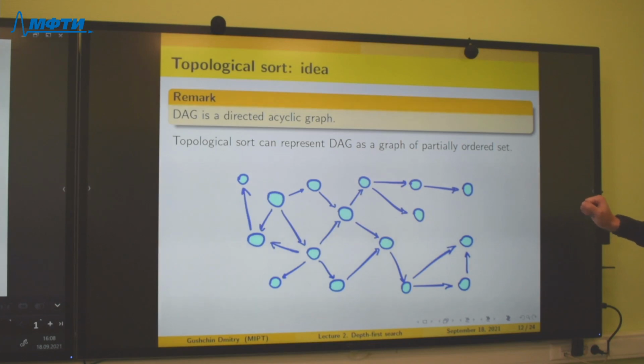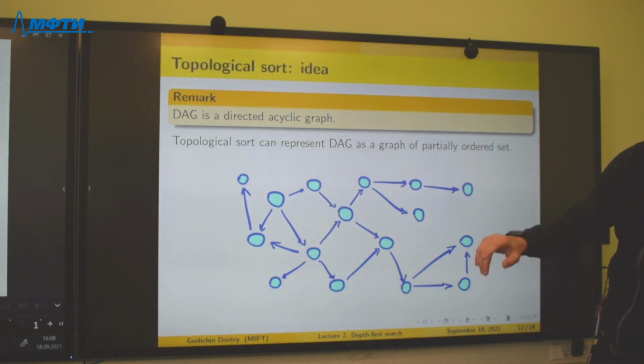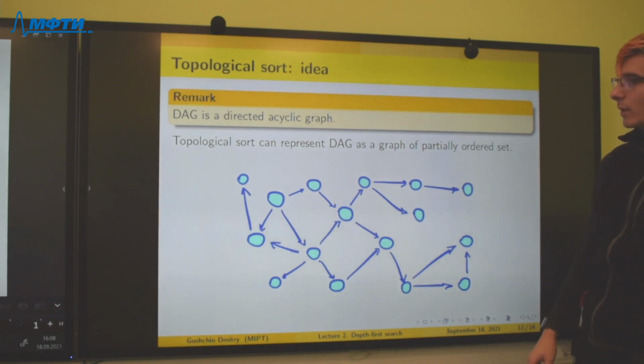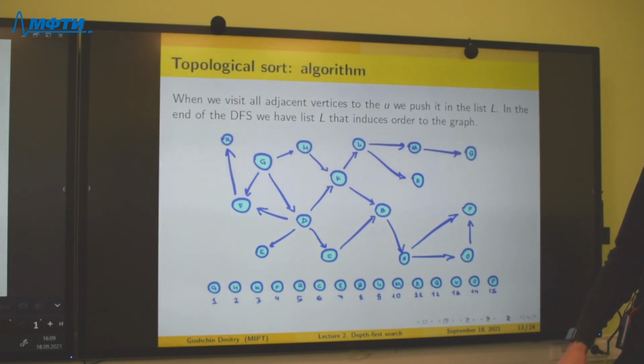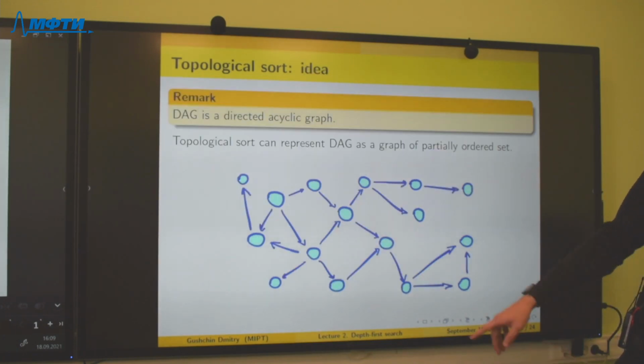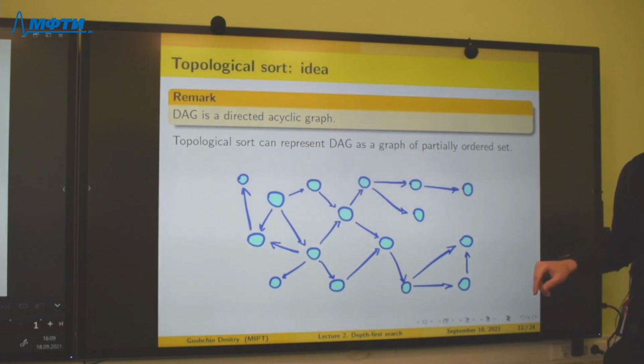And we want to represent this graph as tasks on the other board when we use it to schedule our job tasks. And our solution of this task is named the topological sort. DAG, directed acyclic graph. Yep.